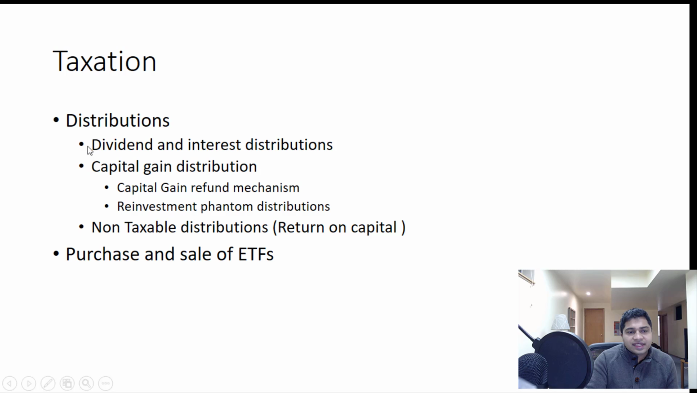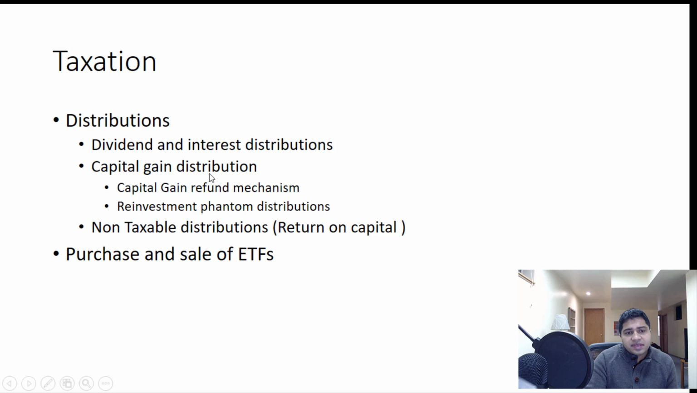Now, distributions. If it is a dividend or interest distribution, it will be taxed accordingly. Interest is taxed according to the marginal rate. Dividend is taxed, but you get some dividend tax credit if it is a Canadian company. Capital gain distribution. There are two important things that you have to remember: capital gain refund mechanism and reinvestment